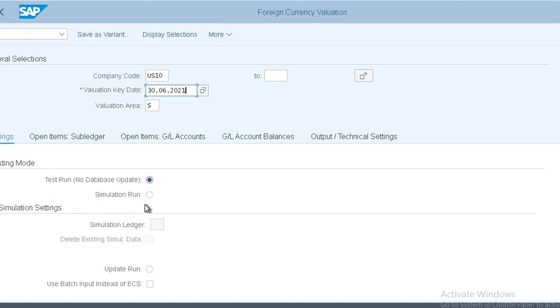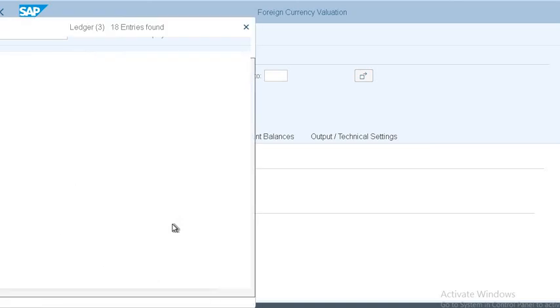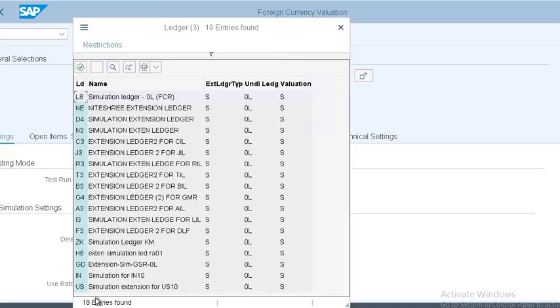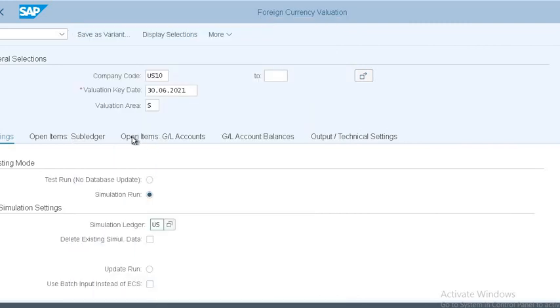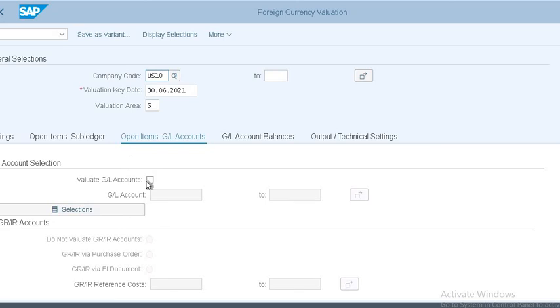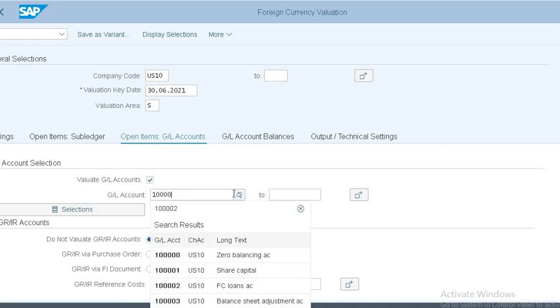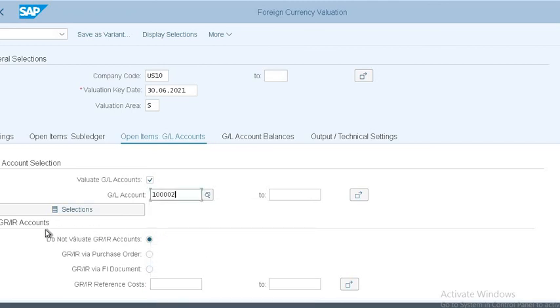This is the ledger we are running, simulation run. We need to specify the ledger also. Our simulation ledger is US. Go to the open item GL account, come here and give the loan GL account. This is the loan GL account, and do not validate GRIR account. Now I am going to execute this one.